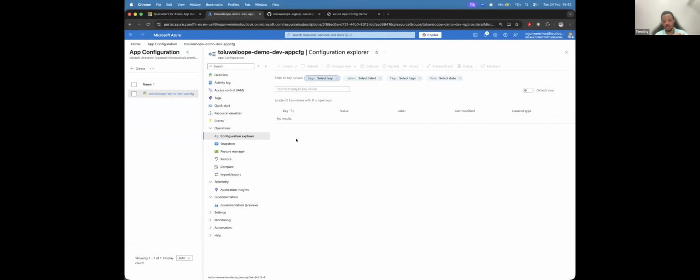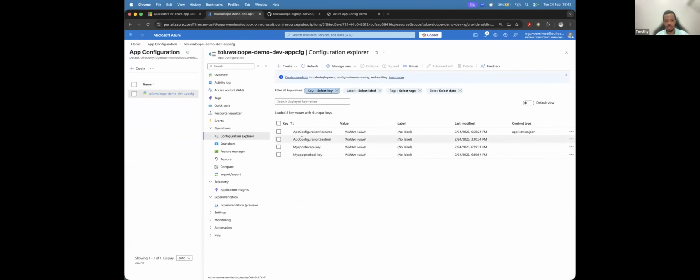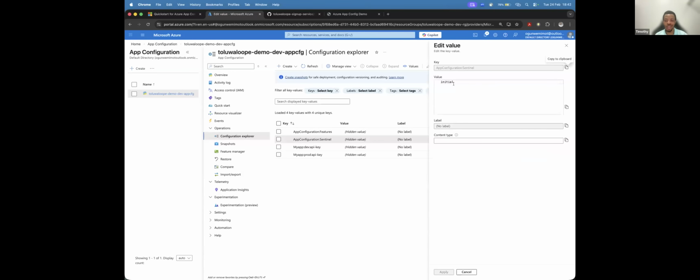As you can see, it has that hierarchical kind of setting also. I have it here, app configuration Sentinel. So if you can view this, this is just set to, you can use any value to just put it there. So I use initial. You can create any value, right? But what it's going to do is, as long as this key doesn't change from initial, it's only going to be selecting